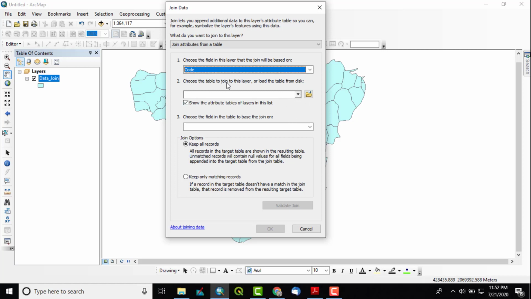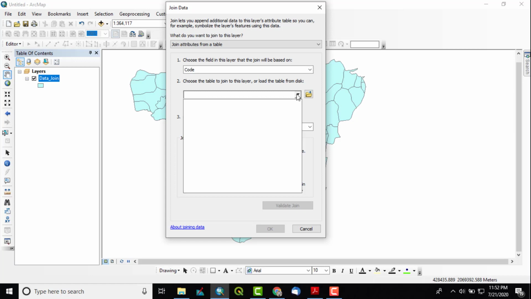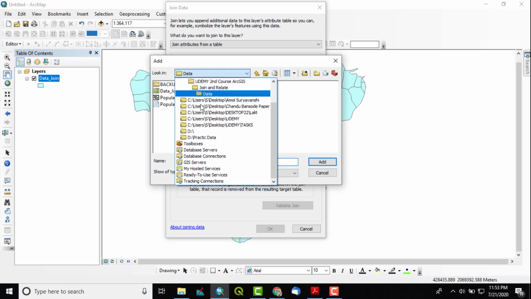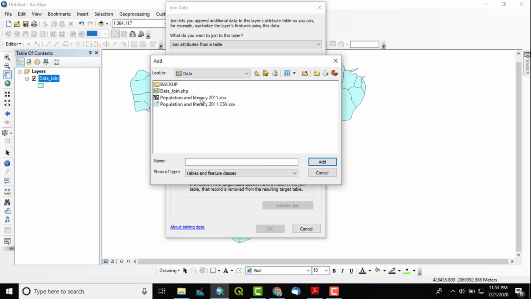Then choose the table. If the table is added here, it will directly pop up, but since the table has not been added, we can browse it from here. Just click on this folder icon and go to the file where we have saved the CSV file, not the XLS. You can see the extension is different, XLS and CSV.